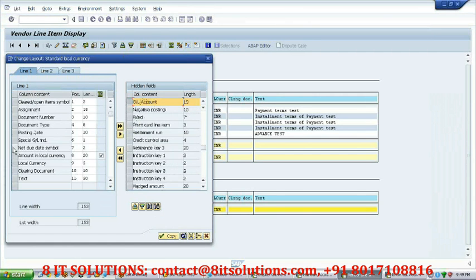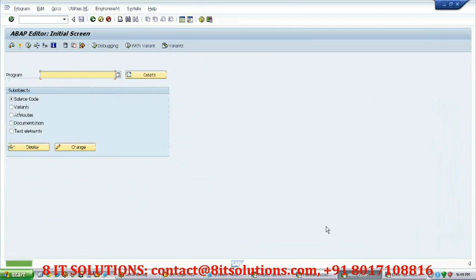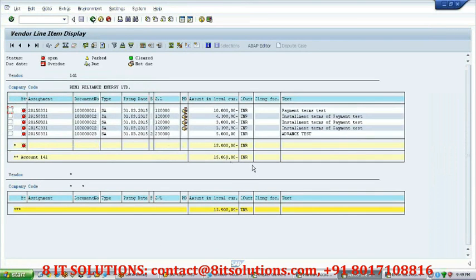You can take this GL account, maybe put it somewhere and just check. Look, for all of them it has a GL account called 1240, but only for the special GL transaction it has the GL account showing as 23.